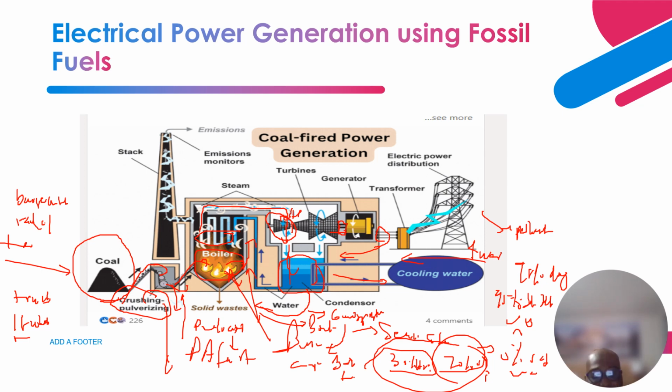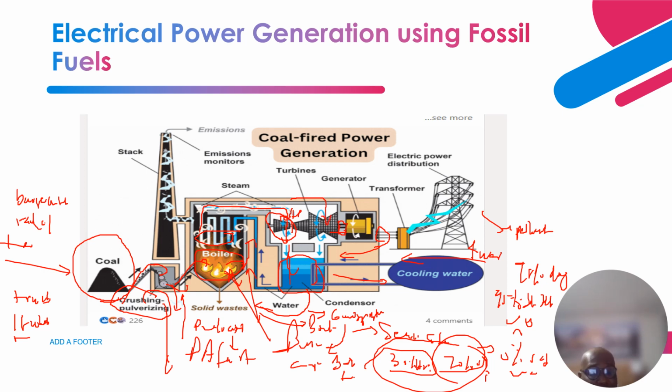So the cycle is a closed cycle. So it continues like that. Then after the high pressure section, right, you have the steam also coming back,